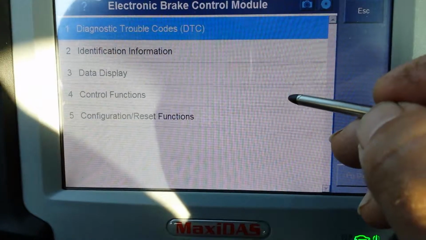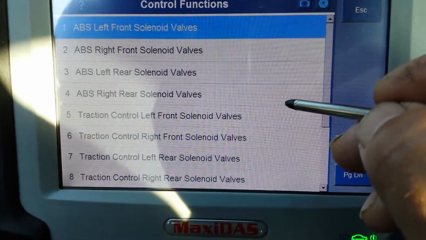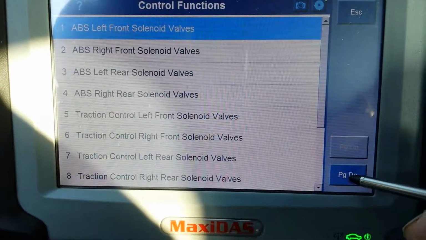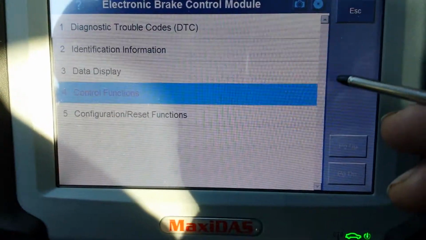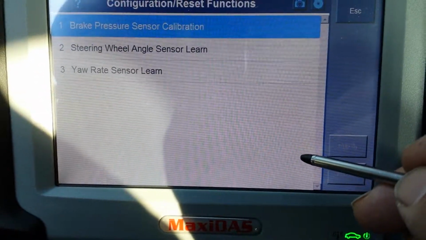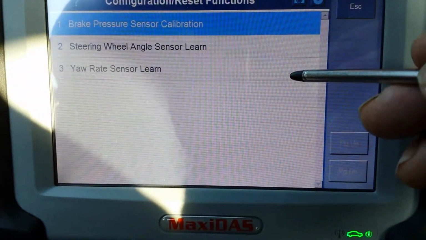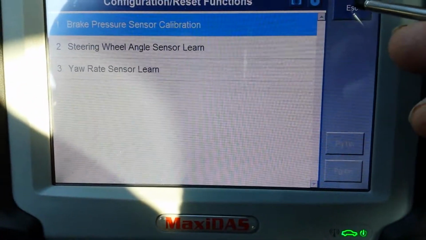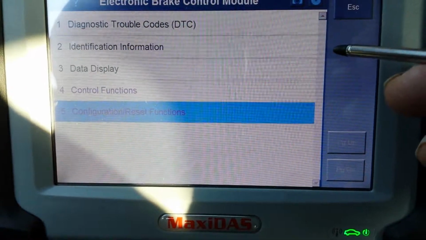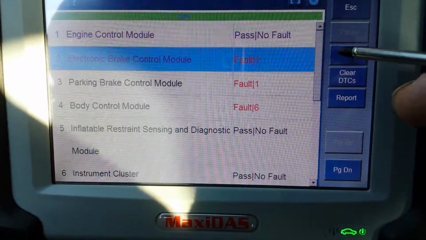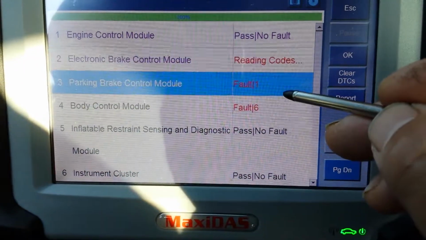Just going to see what we can do on control functions. So you can activate a lot of valves and solenoids and pumps. Configuration reset functions, you have the brake pressure calibration, steering for the steering sensor, and for your yaw rate sensor. So you can calibrate all that. Let's go back. Let's see control brake